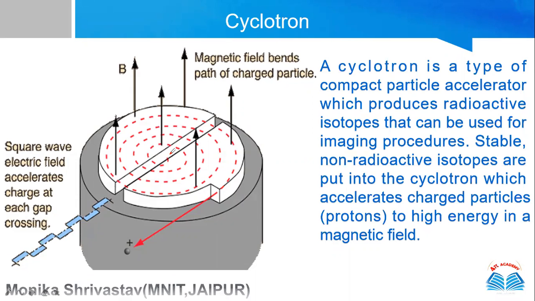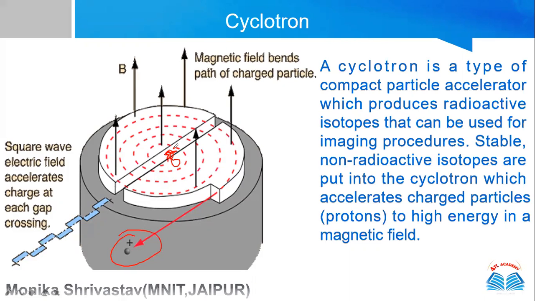So we know that if we increase the velocity, the radius of the path also increases. So slowly we increase the velocity. First, initially it was here, and we increase the velocity, so it starts moving in this second circle. Again we increase the velocity, then it will make a bigger circle. Then again increasing the velocity, it will move in an even bigger circle. But at last, when the end of the D is coming, we just collect our charged particle from here.